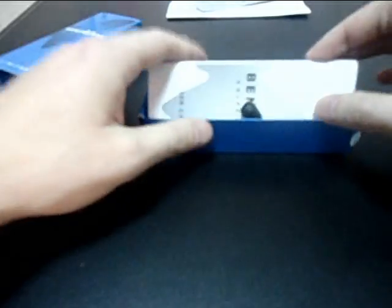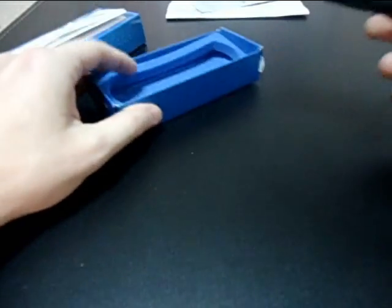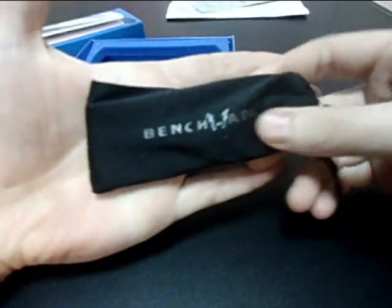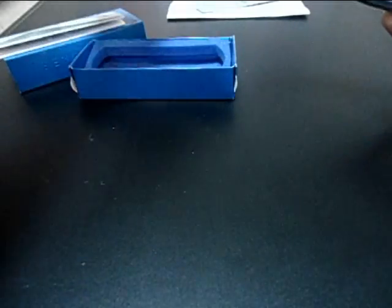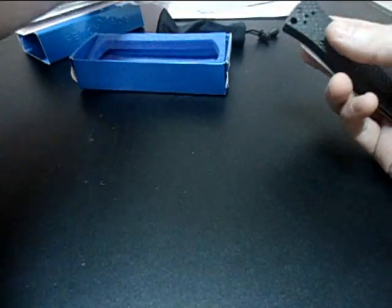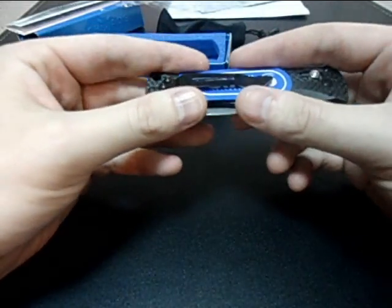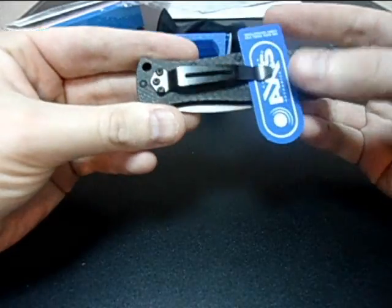This is the first time I'm opening it since I got it, so let's take a look at what we have in here. Traditional Benchmade everything, sponge, paperwork, manual, and here's the knife. A little bit smaller than I expected, but I didn't really check the measurements. Standard bag as usual. Pops out, and you've got your pocket clip protector as usual. I'm not going to open that right up yet, but